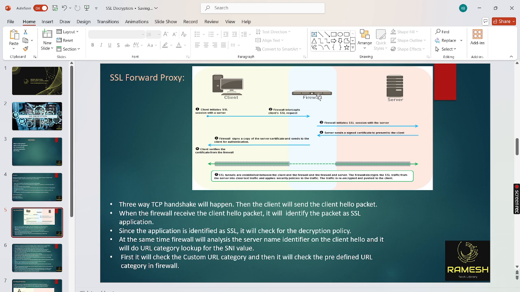it will drop. Okay, we have a decryption policy, same like the security policy, which decides whether the traffic between the client and server needs to be decrypted or not. Once the traffic is marked as decrypt, the firewall will decrypt it and go for the inspection. Okay,